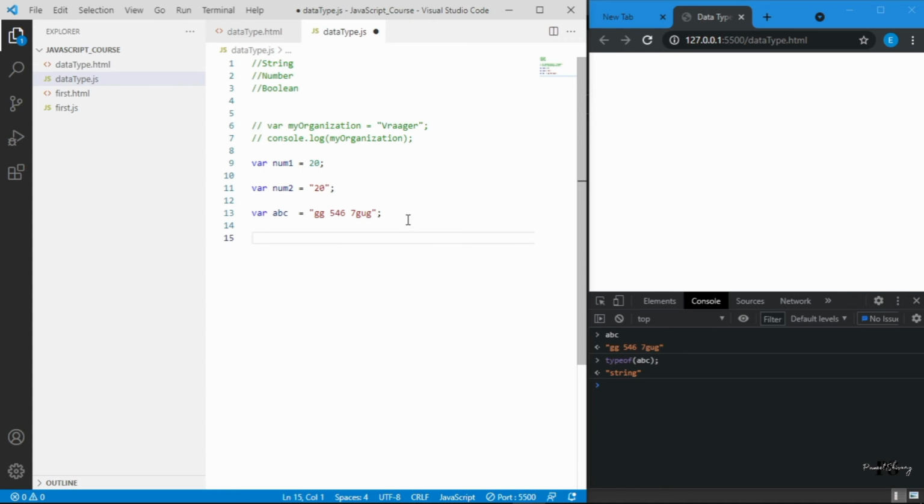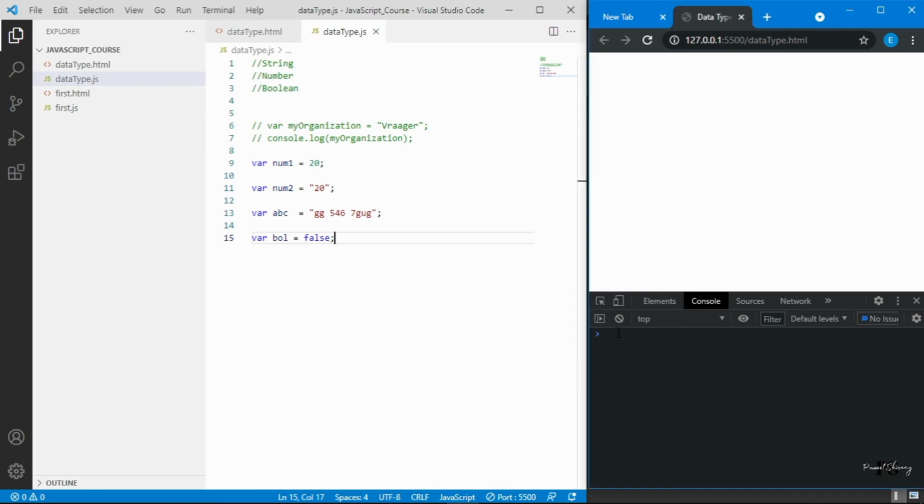And what is the third type? Boolean. Boolean means it will only reflect the value true or false. Suppose we create a var bool, and bool has the value false.